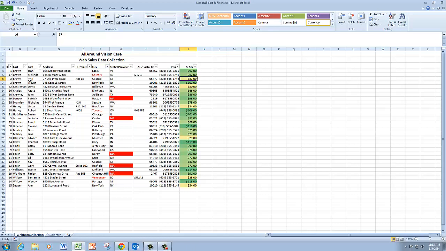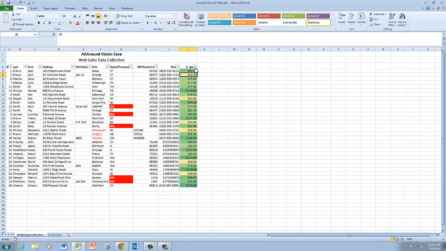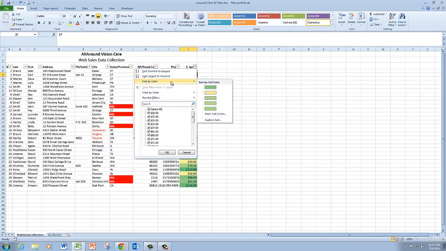And you'll see then that, for example, with the folks named Brown, they are arranged in alphabetical order according to the first names. I'll undo that,